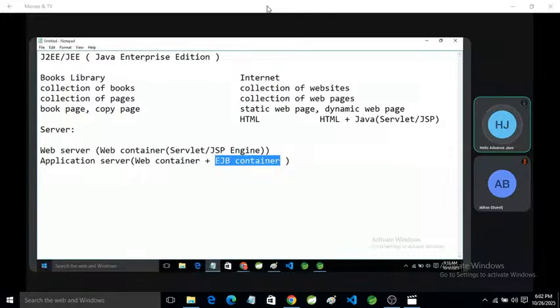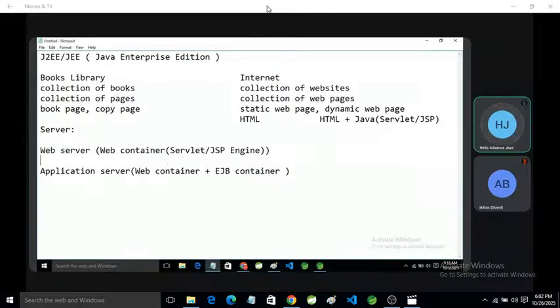Second thing here, web server. There are multiple web servers like Apache Tomcat, Jetty. These are examples of web servers.